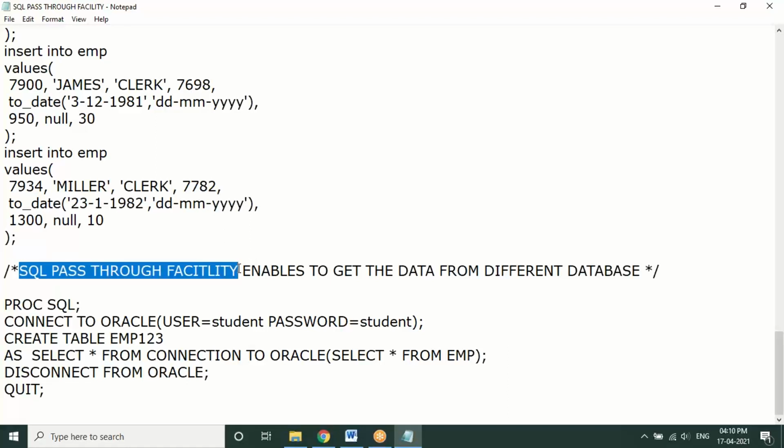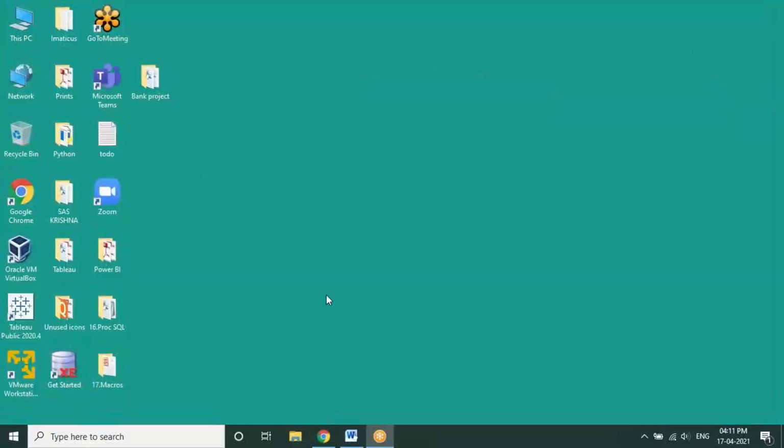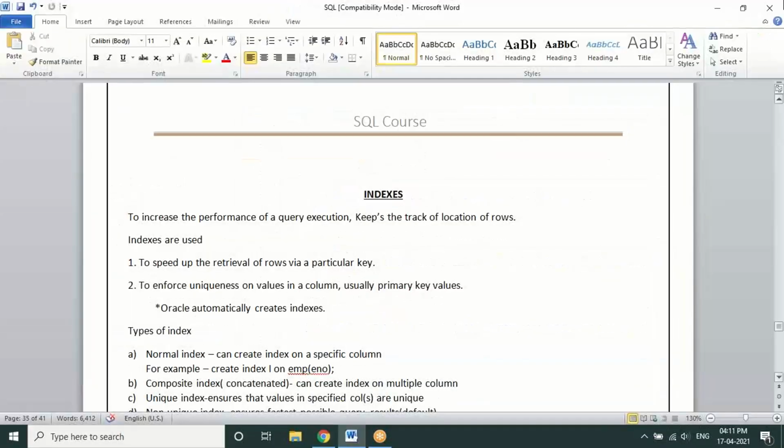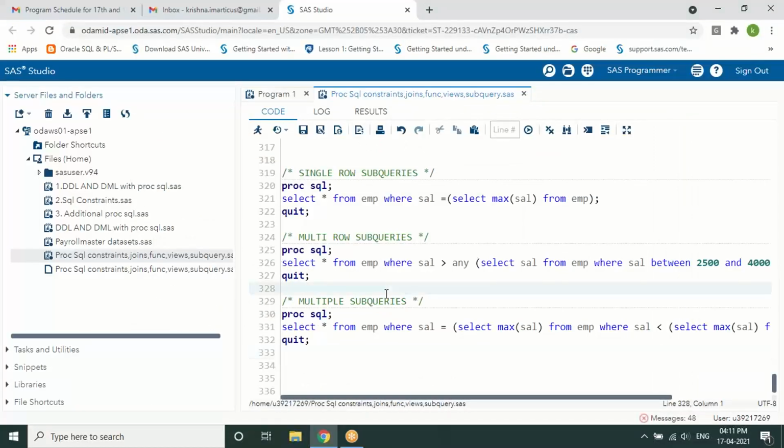This is one other point to remember on SAS with SQL. Clear, guys? Everyone? Any questions so far on SQL, whatever we discussed so far? Any questions on this?